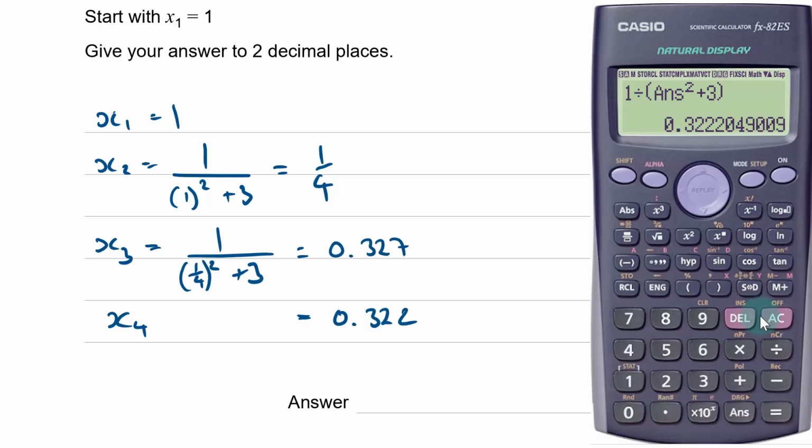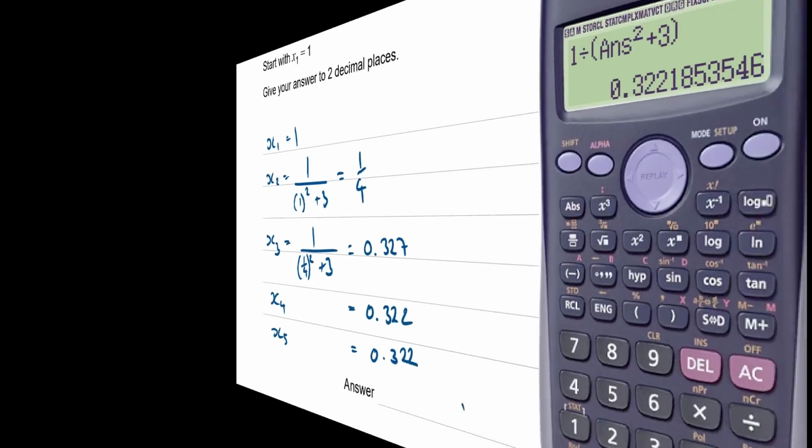And again, x5, you can see it's beginning to settle down now, is 0.322 again. Okay, and if I press it again, you can see it stays at being 0.322. So it's kind of settled down now. Every time I press equals, I'm just getting the same answer now. So rounding that off to 2 decimal places, my answer is